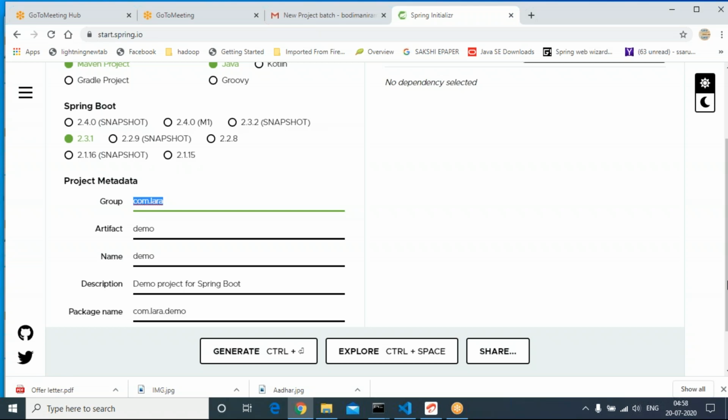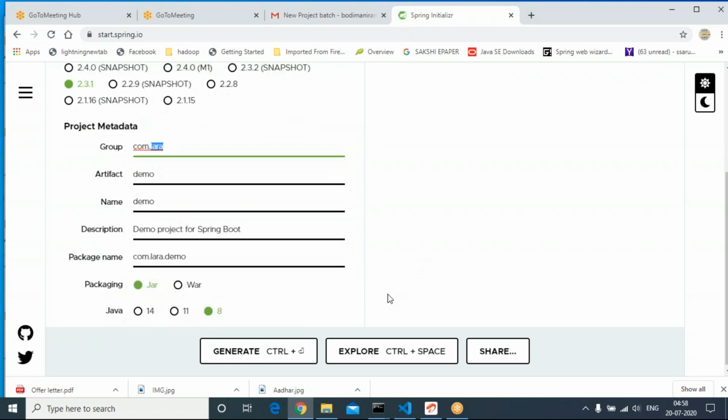Under one company, for all the projects being developed, you can use the same group. I will keep using group ID com.lara for all the projects.